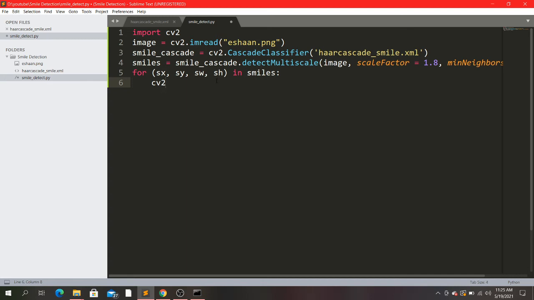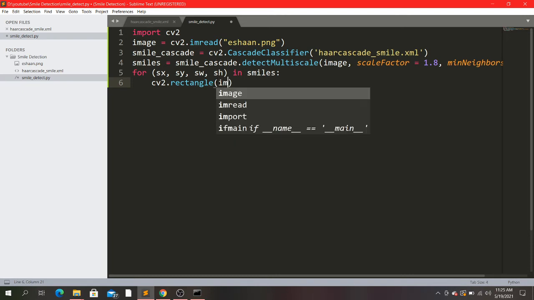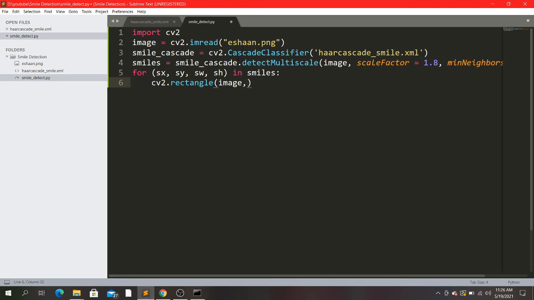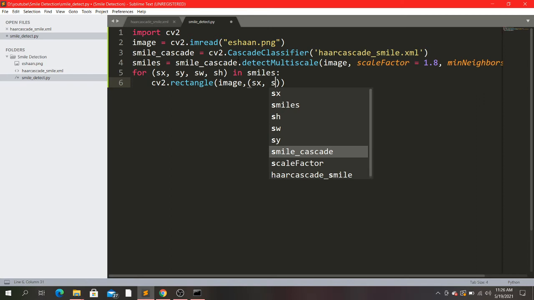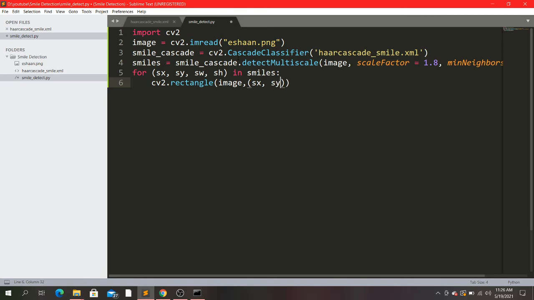Now we have to draw a rectangle around that smile. We are drawing that rectangle on this image, ishan.png, and as we have detected the smile, we know its x coordinate and y coordinate.